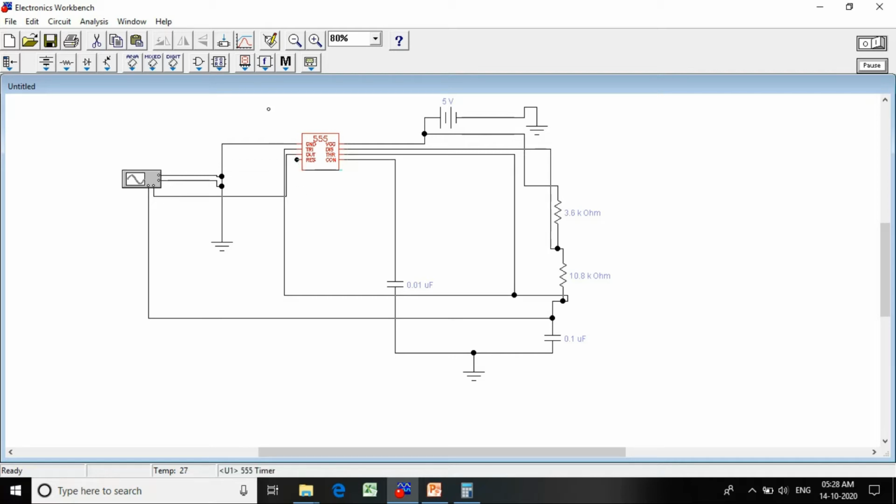And one more terminal is there, that is RES, which will be connected to plus VCC. So this is how we need to